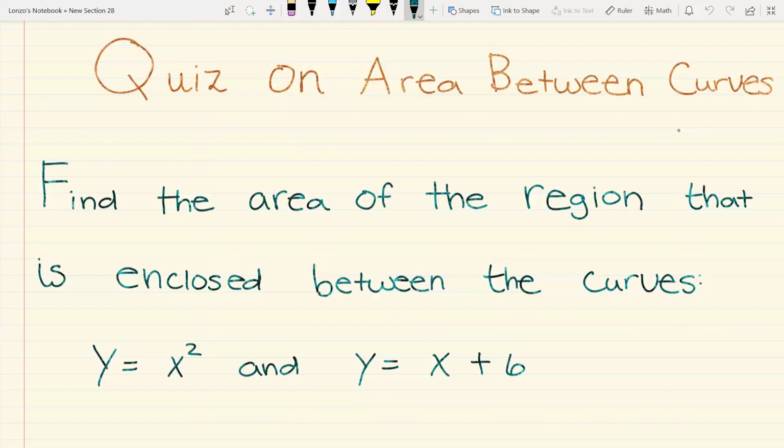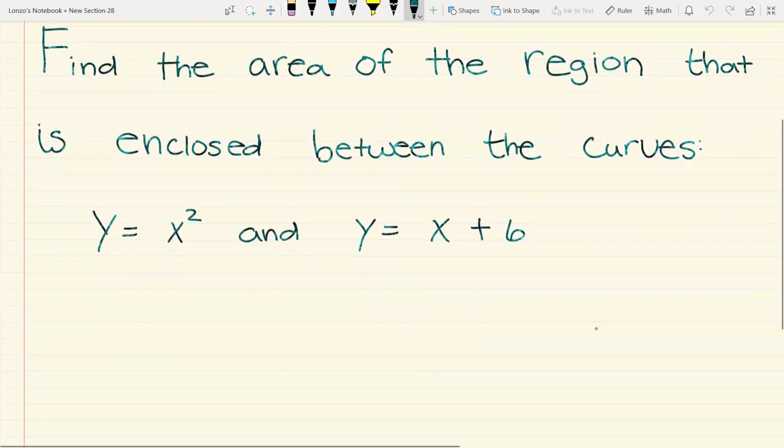Hello, in this video I will do a quiz on the areas between curves. The quiz says find the area of the region that is enclosed by the curves y equals x squared and y equals x plus 6. They don't tell us the boundaries, or your domain, so I would find the boundaries. So first step is find the boundaries